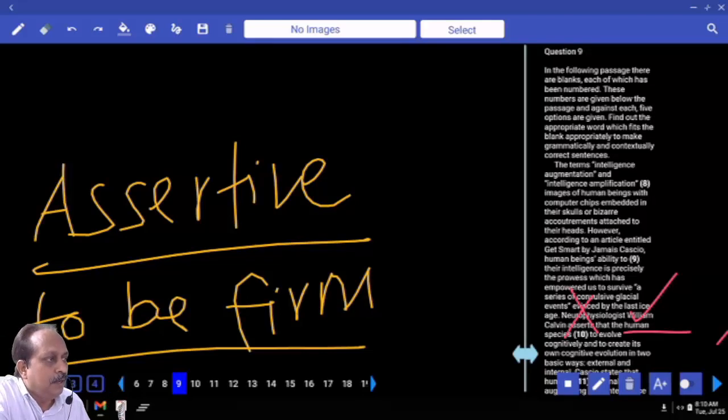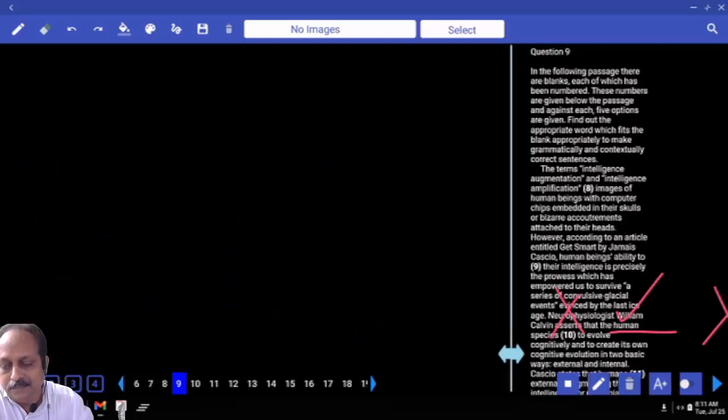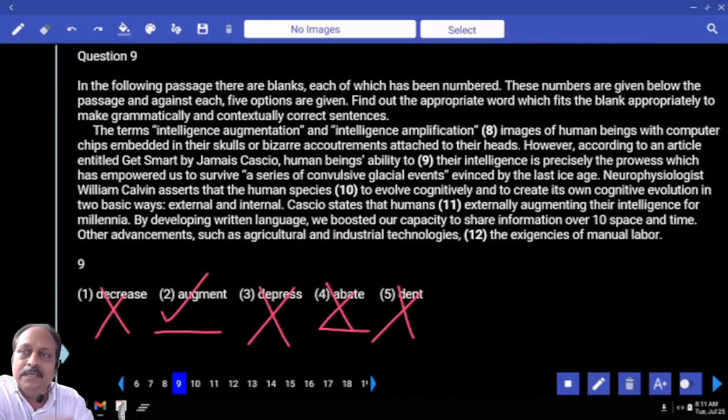Have you got it? So the most important thing here, tomorrow when you get the job, do remember that at the workplace you should always be what? Assertive. If something is right, accept. If something is wrong, don't accept. It becomes a problem otherwise. Assert is the verb form, assertive is the adjective. Let us go back to